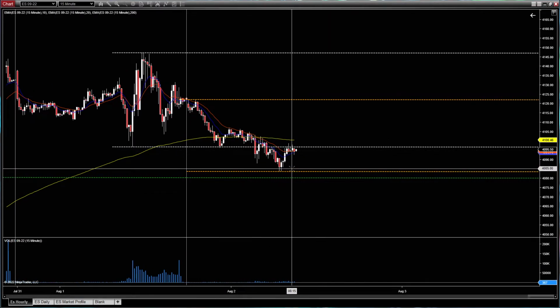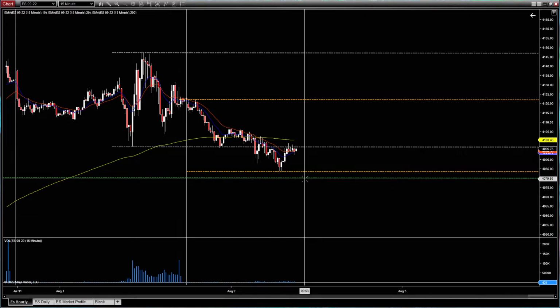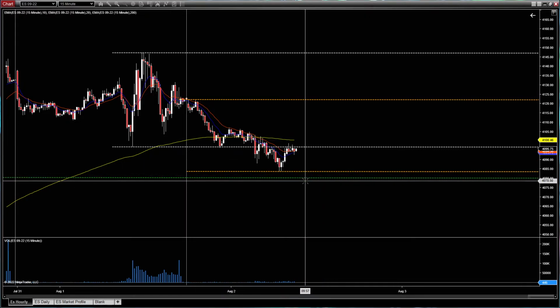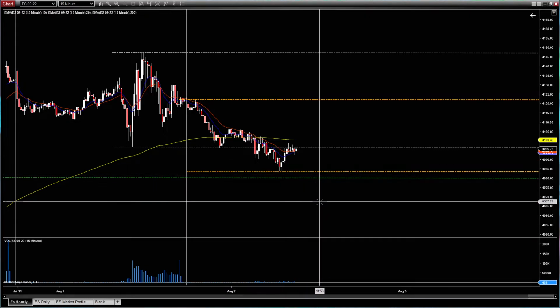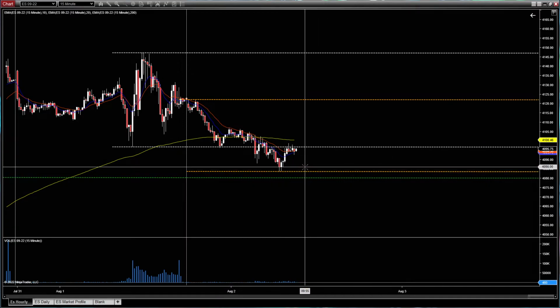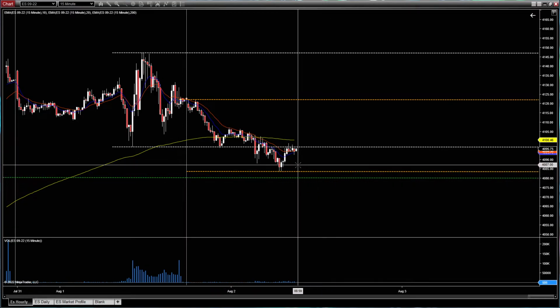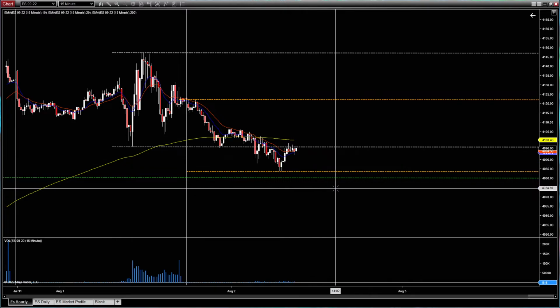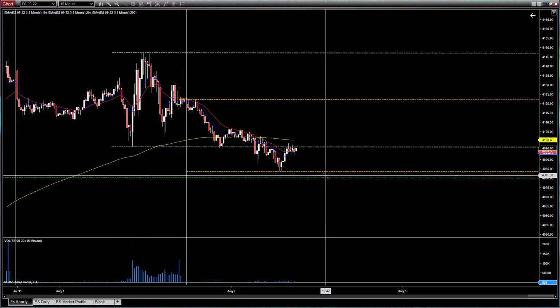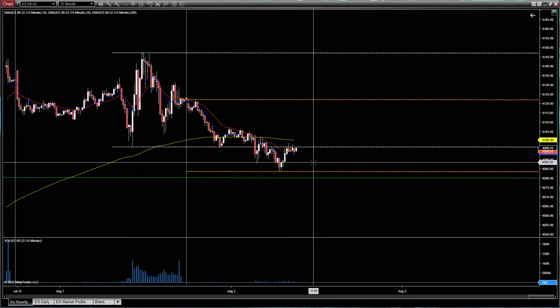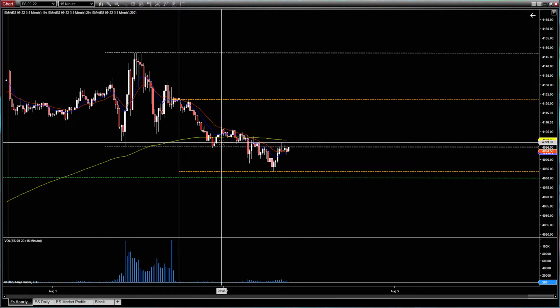But I tend to play these levels more passively, so I'd like to see a break, maybe a retest, have the level show that it is going to be resistance, and then start dropping, right? That gives me that cushion, like, okay, this level proved to me it's going to be resistance. So in a put, I obviously want that to be the case, right? So we use that for all of our levels as well, right?